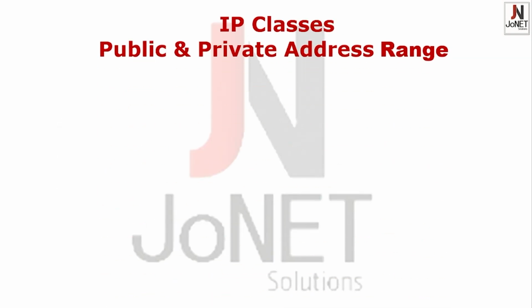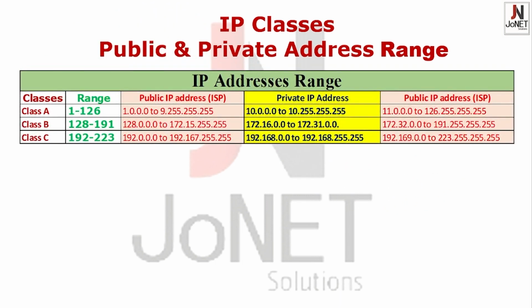Okay. IP classes have public and private IP addresses. We can use only private IP addresses for our local area connection. The public IP address we cannot use, because public IP ranges are given by our ISPs, that is, the Internet Service Provider, who provides the internet. Private IP addresses can be used in our home network, office network, corporate network, or any enterprise network. These private IP addresses are by default not routable. They are locally significant in the local area network.